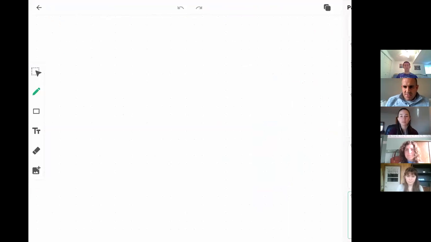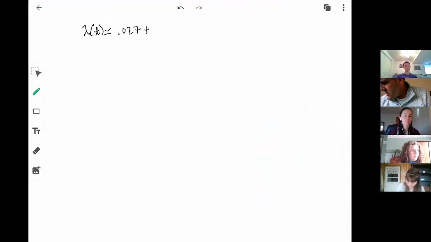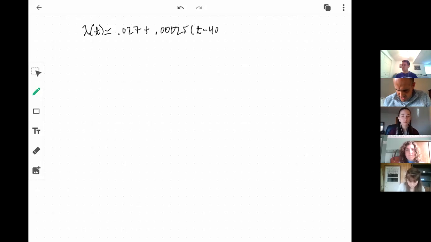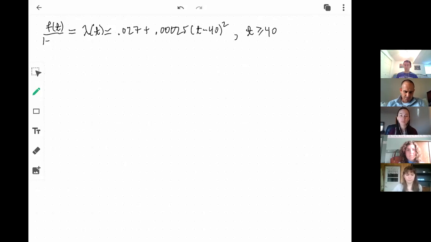Okay. So what do you guys think? We have lambda of t equals 0.027 plus 0.000 something times t minus 40 squared, and this is for t greater than or equal to 40. And on the other hand, you know that this thing is equal to the density divided by the probability